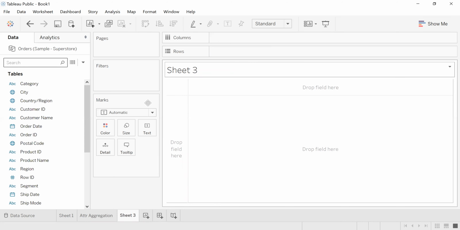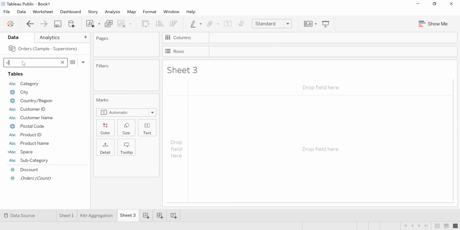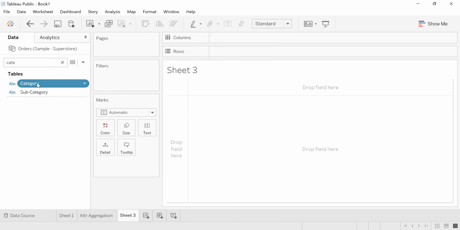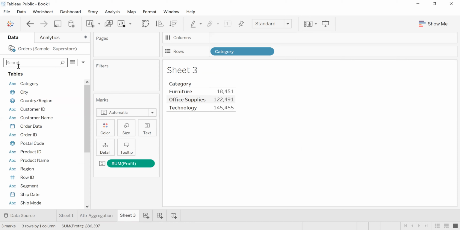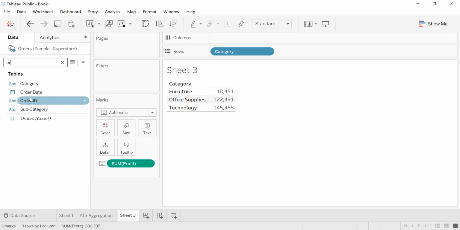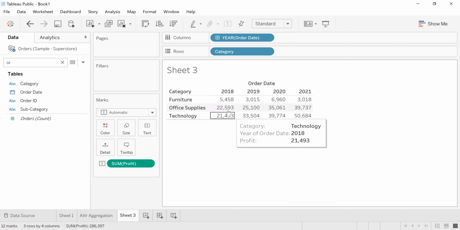What is table calculation? I will explain you, but let me bring two columns: category and the profit. And I would just, by year, I can get the order date. Okay, so